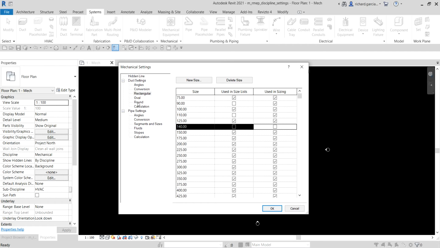Now let's say for the round here, so I click the round. Okay, so I also want to turn off the 90, and then the 110, and then let's say 140, and then let's say what else? 260. So I don't like this size here. 290. Okay, let's say 100, 310. Okay, so these are the sizes that I do not like to show when I create a duct for round